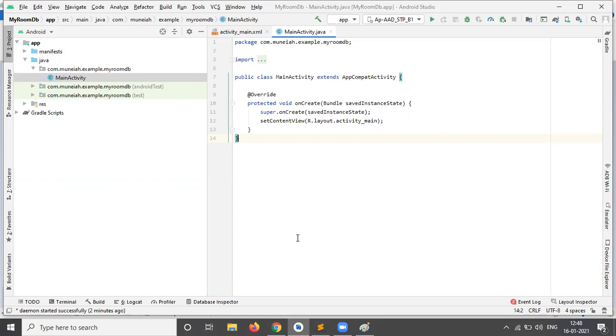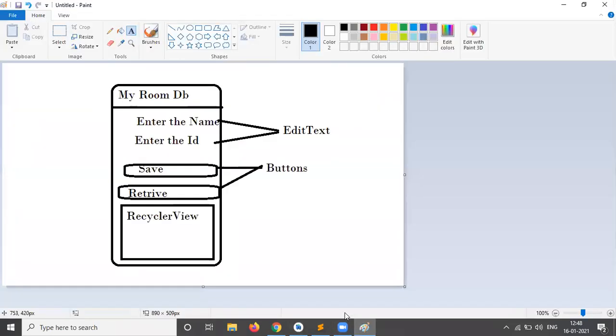Okay, so we'll wait 2 minutes. If you have finished creating the project, you can design these things. Did you do the data binding concept?